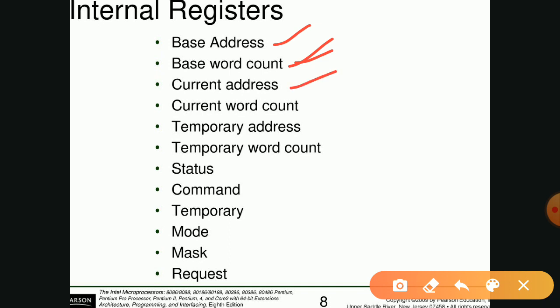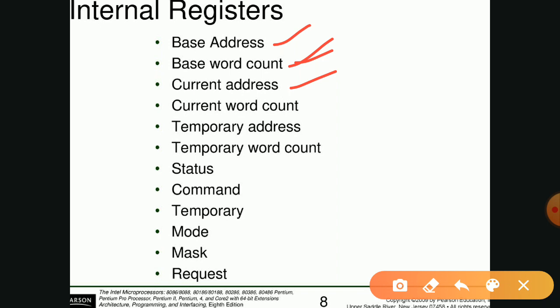Another one is the current address register. When you have already started the DMA operation and it is in progress, the present address location that you are using for transferring data is stored in the current address register.